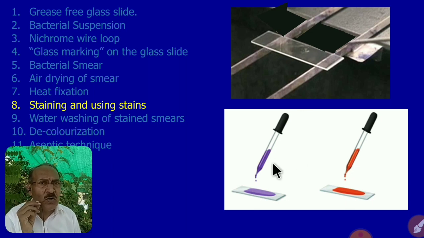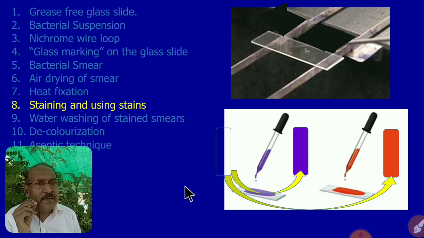And then whichever stain you want to use, that is available in the form of a stain solution. That solution you can trickle onto the surface of the smear so that the complete area of the smear is flooded with the stain solution. You can see it here in the diagram. There is one purple colored, violet colored stain in this dropper. It can be a dropping bottle also instead of this dropper, or a pipette, or glass tubing. Through those, you let the stain trickle on the surface of the smear, enough to flood the total area of the smear. It can be this stain or this stain.